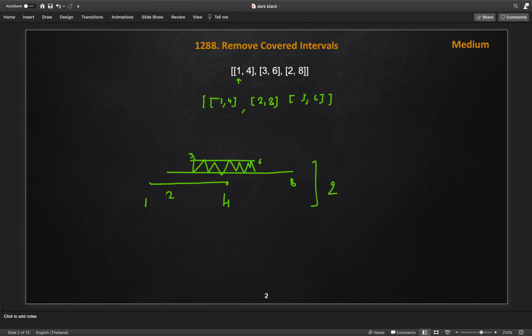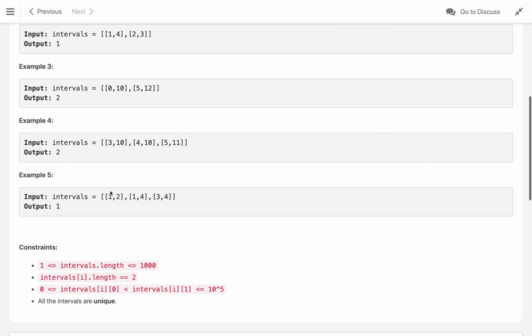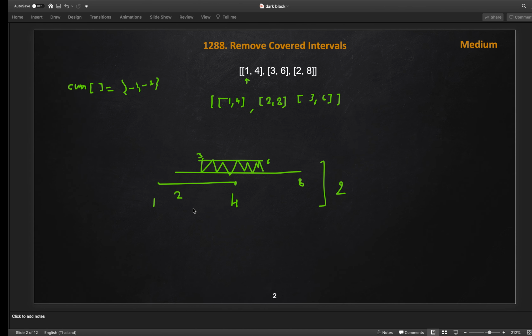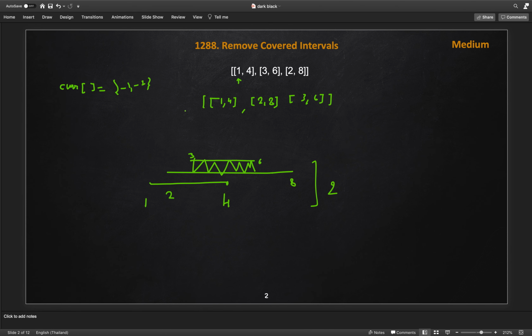So first of all, we will sort based on the start index. Now how will we compare? For comparing, we will create a temporary current interval, let's say cur, and we will keep the start and end as -1. The reason for keeping -1 is that, as we can see in the constraints, all the values of start and end in the intervals are between 0 and 10 to the power 5. Then we start comparing.